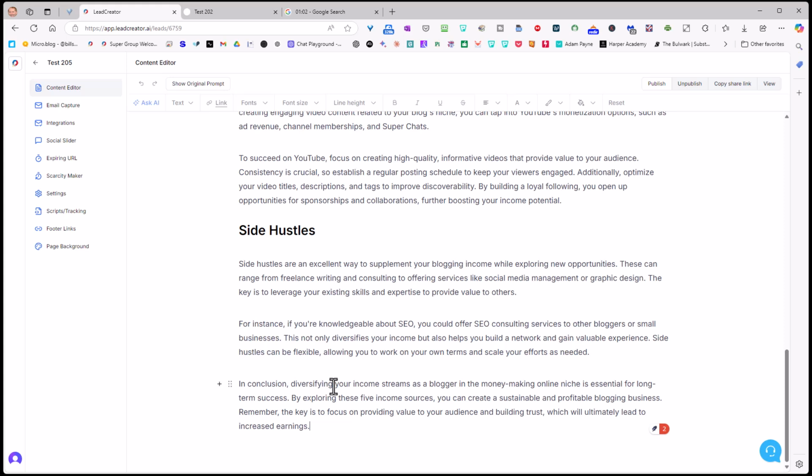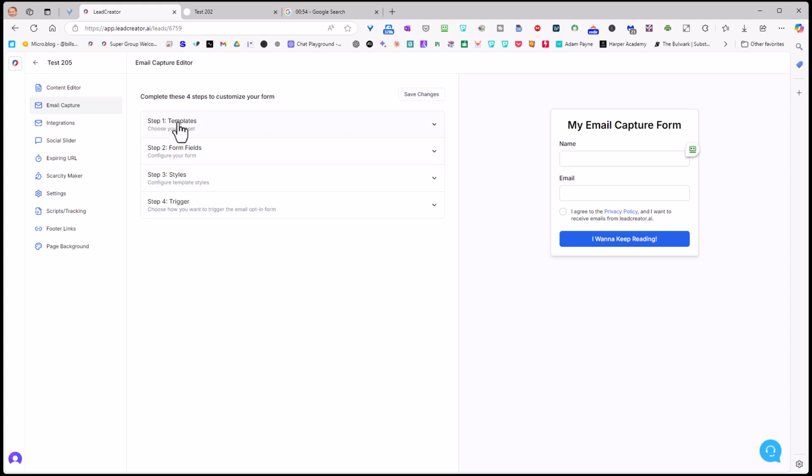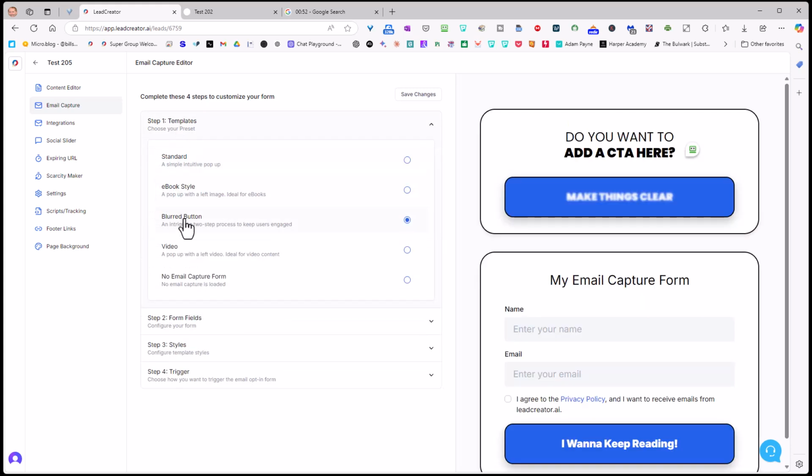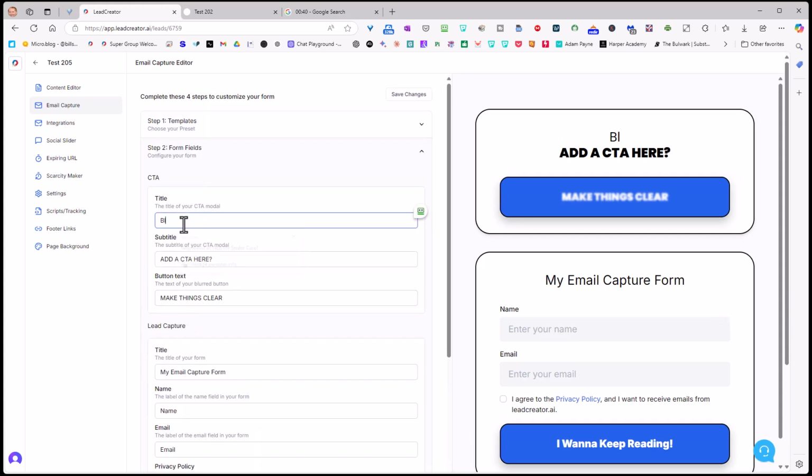Remember, the key is to focus on providing value to your audience and building trust, which will ultimately lead to increased earnings. So I've got a minute left. I need to go create a few things. So here's my blurred button that I used in the last one. My form fields, bloggers only,